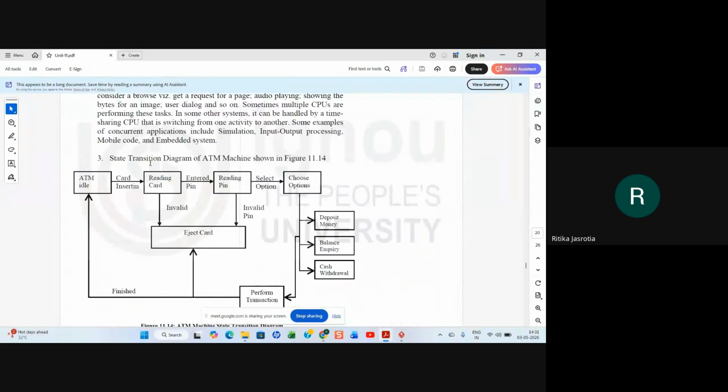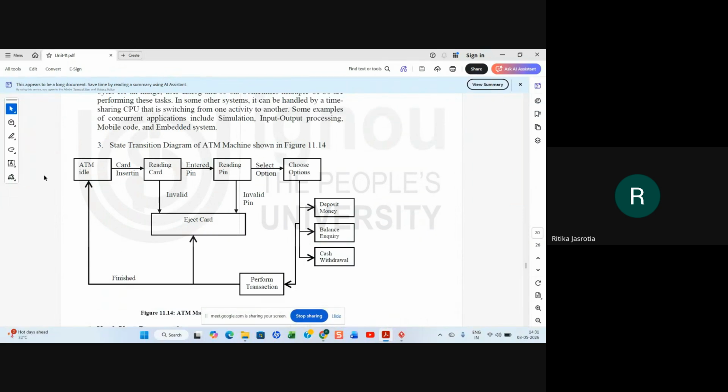Then they have asked for a state transition diagram for an ATM machine. So they have made that. They have not shown you the start and stop. Please also show the start and stop symbols. So your ATM is idle, then it goes to reading card. Card is inserted, so it goes to the reading card state. After reading the card, it will